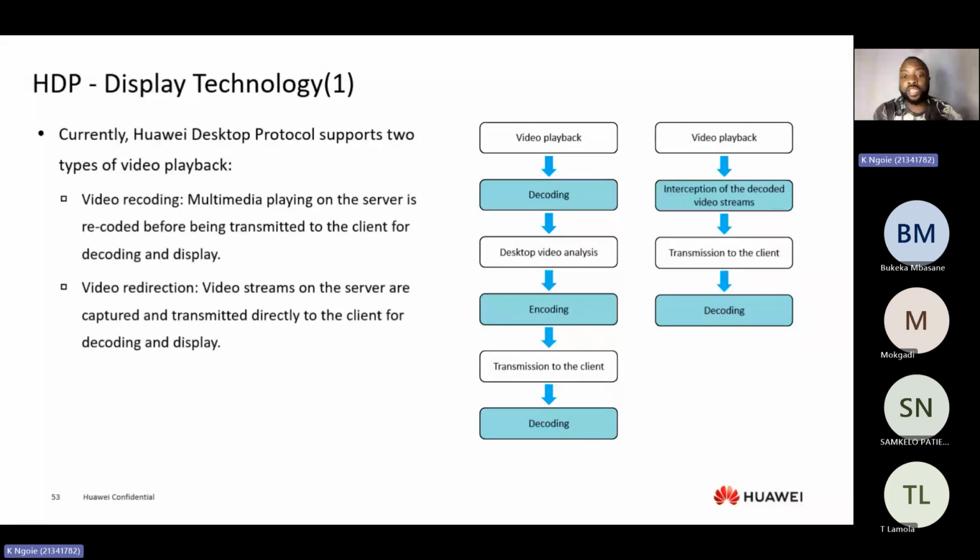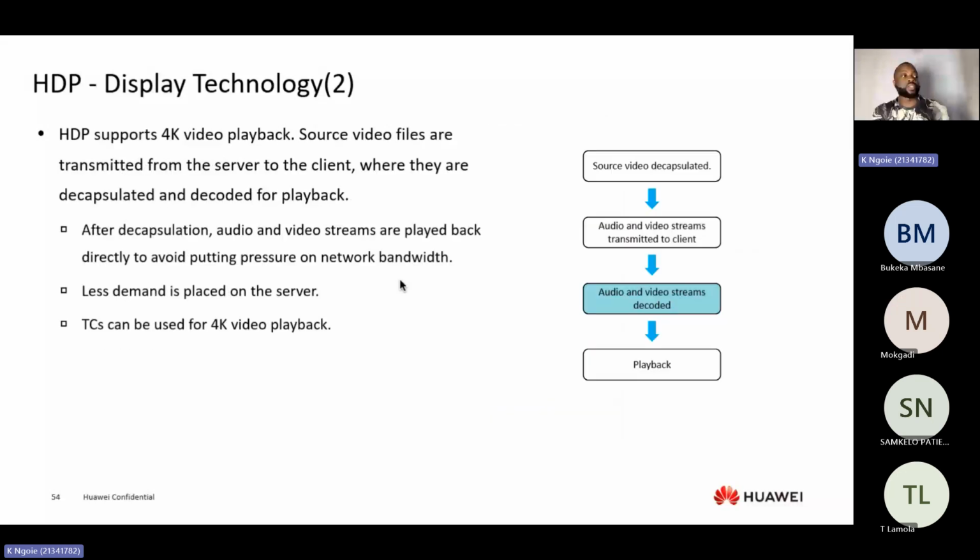Okay, so if the players being used for this media are supported by HTTP, that will be one of the things that affects everything, right? So HTTP will support 4K video playback, all right? HTTP will provide this high resolution 4K video playback for virtual desktop, which will ensure that we have a smooth multimedia experience. So how the 4K